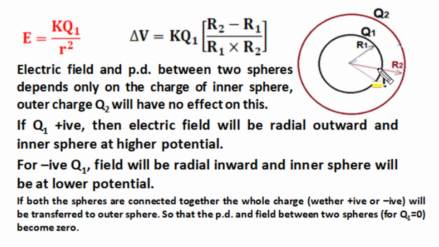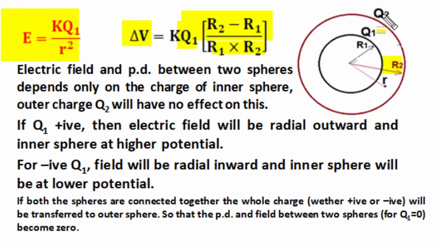So electric field in between two spheres at a distance r from common center is contributed by charge of only inner sphere as kq1 upon r square, and potential difference between two spheres again depends only on charge of inner sphere, and it is kq1 (r2 minus r1) divided by product of r1 r2. So electric field and potential difference depend only on the charge of inner sphere, and have no relation with